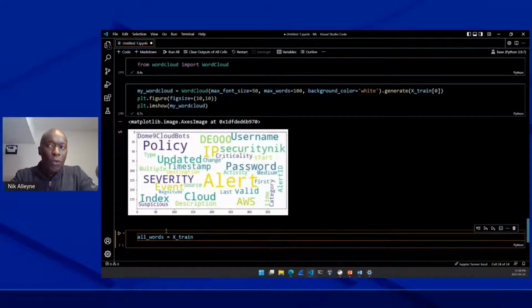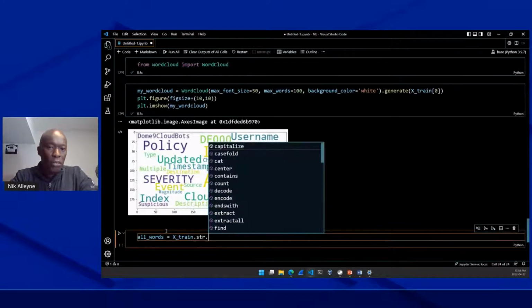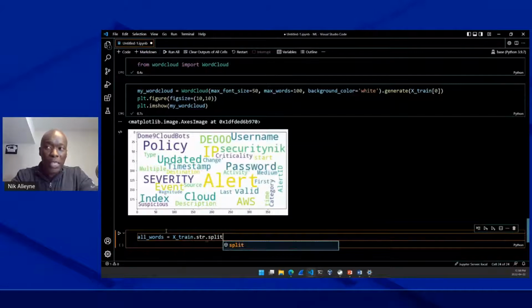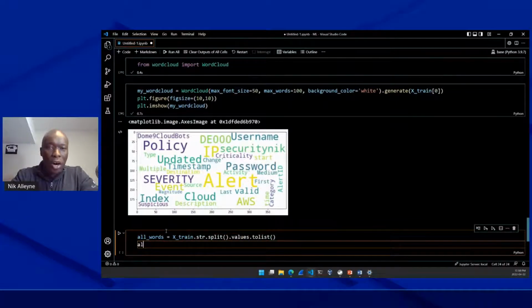We want to influence the model by choosing words that are meaningful. So we say xtrain here, and I will convert this to a string. Remember our training data. And I will split this by the space, and once we split it, give me the values and convert these values to a list. If I now look at all words,